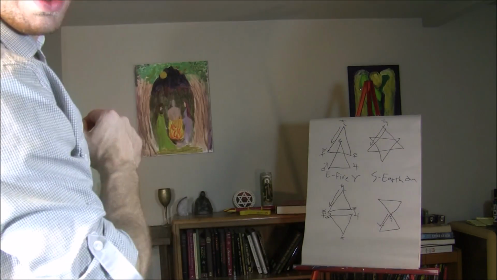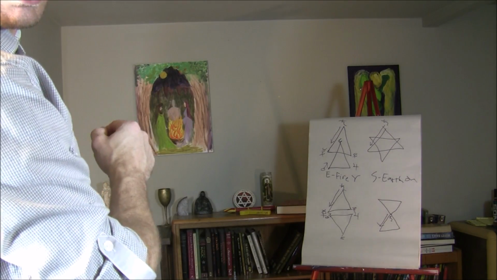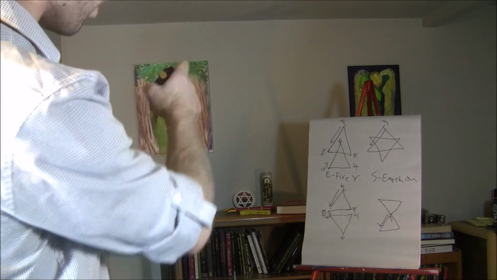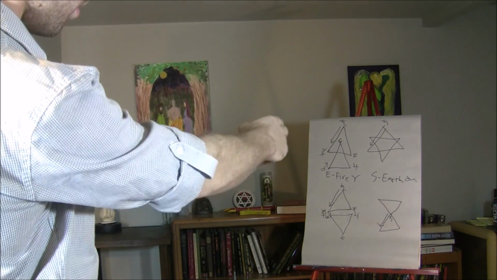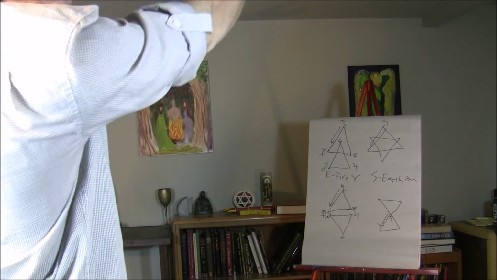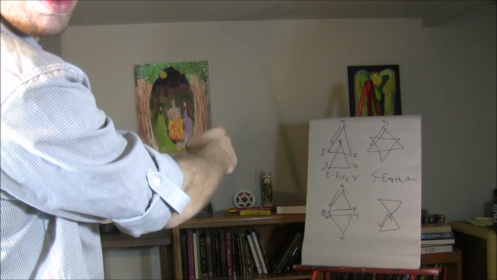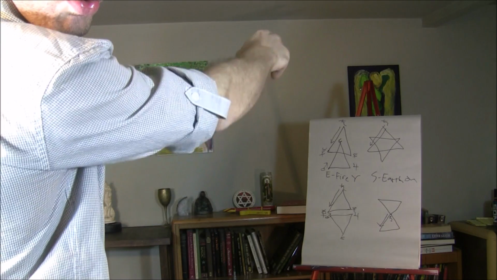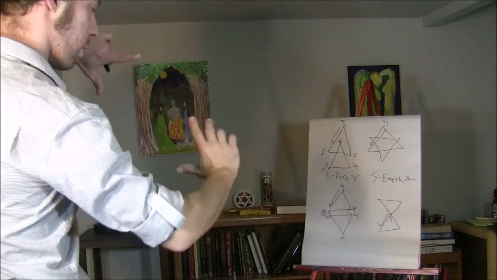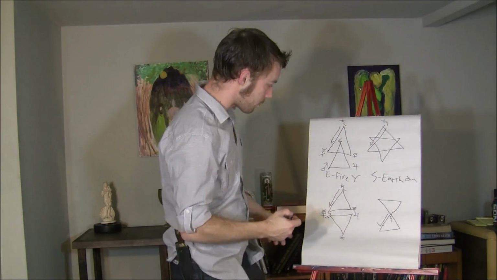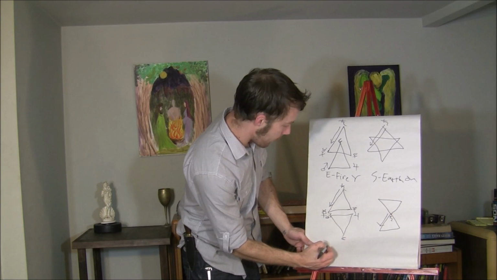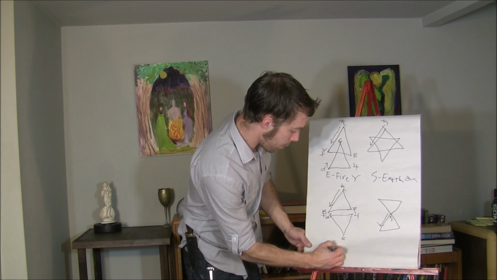So for our banishing Saturn hexagram of water, counterclockwise triangles, two of them. Okay? So that's south, then we have west,